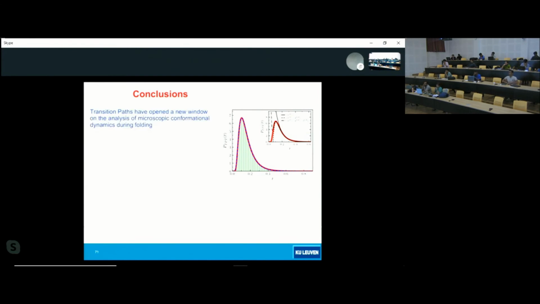This is something people are very interested in. Experimentalists try to measure these transition path times for several systems because they tell you what actually happens at the top of the barrier, where most interesting things happen. Single-molecule techniques were used to characterize transition path times. And what we showed here is that many features of the transition path time distribution are universal.